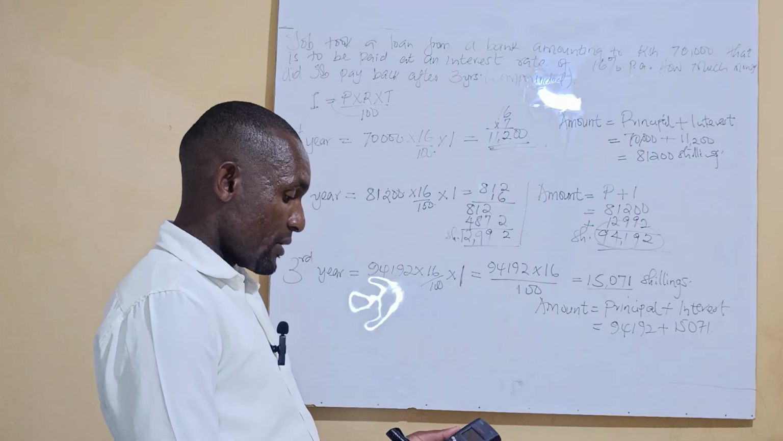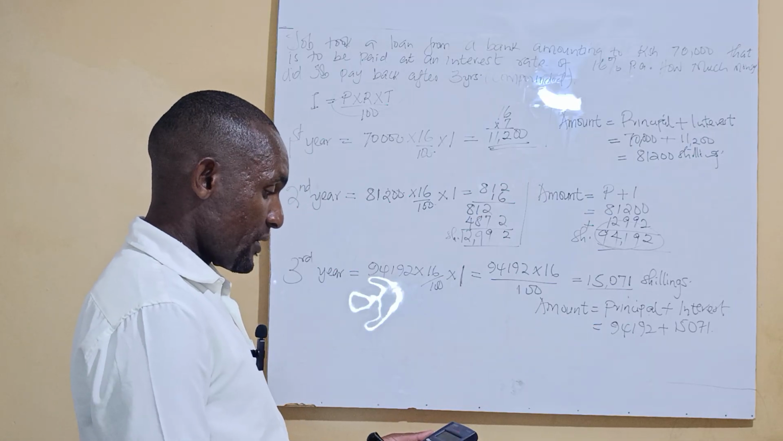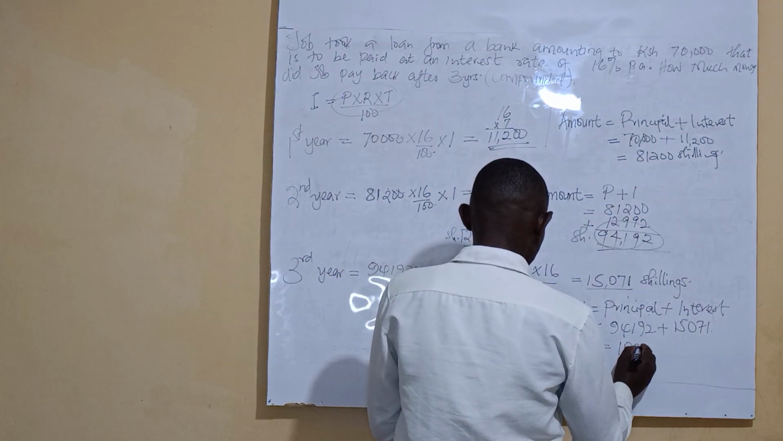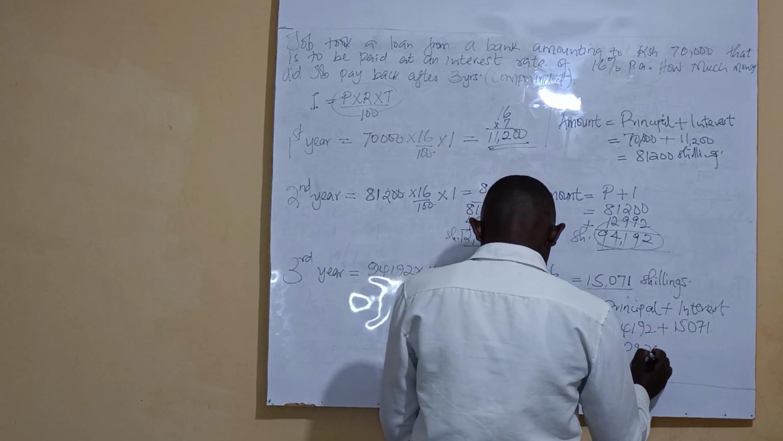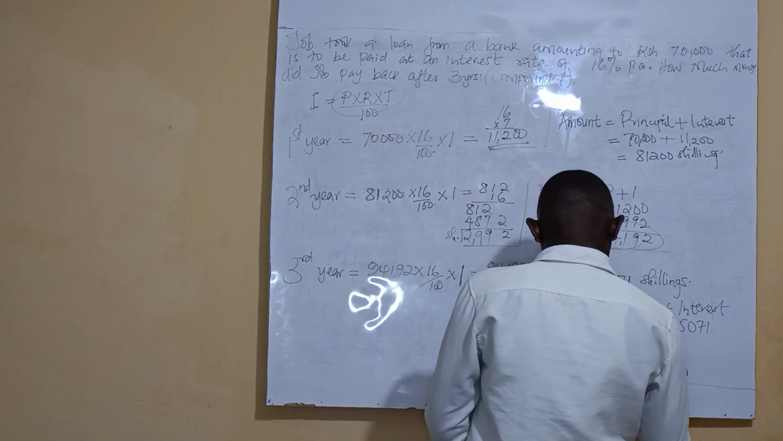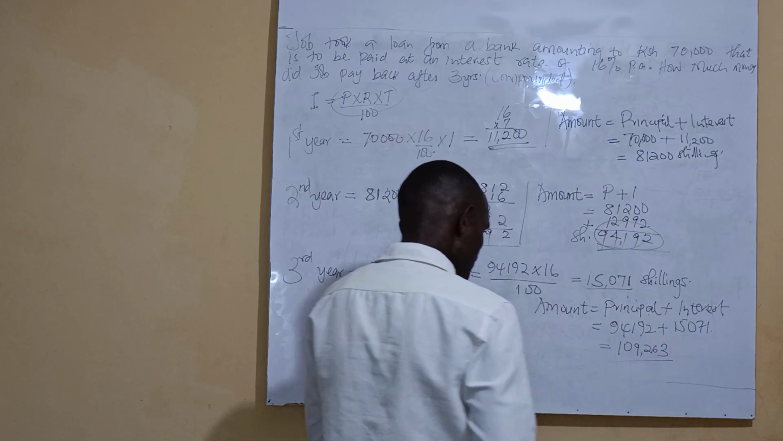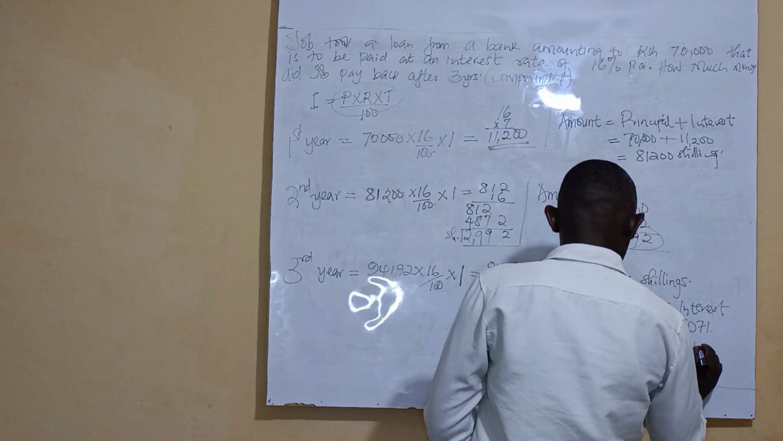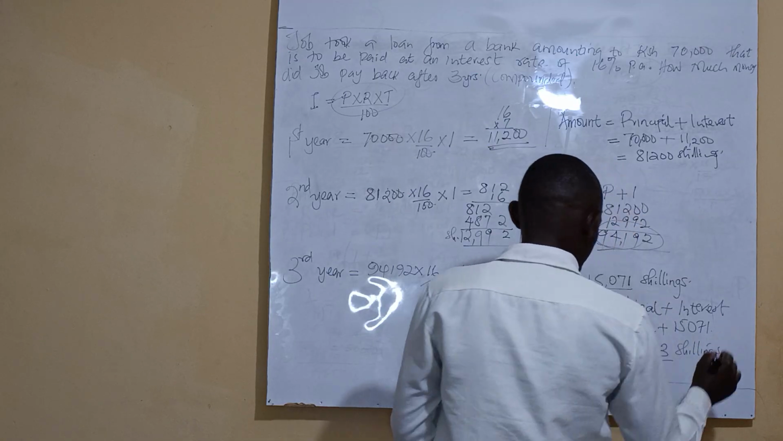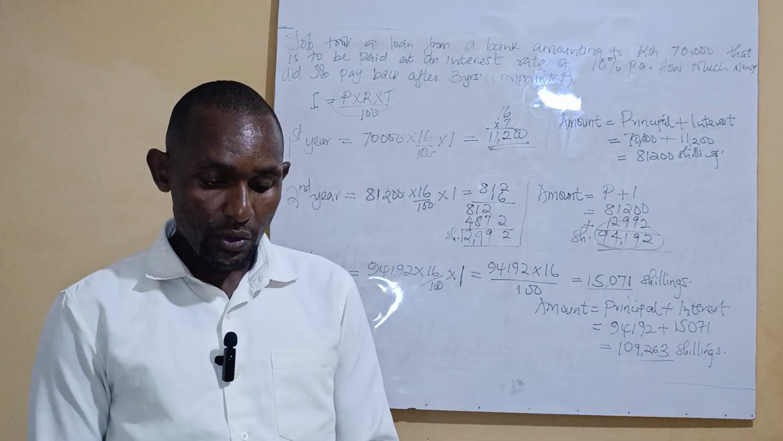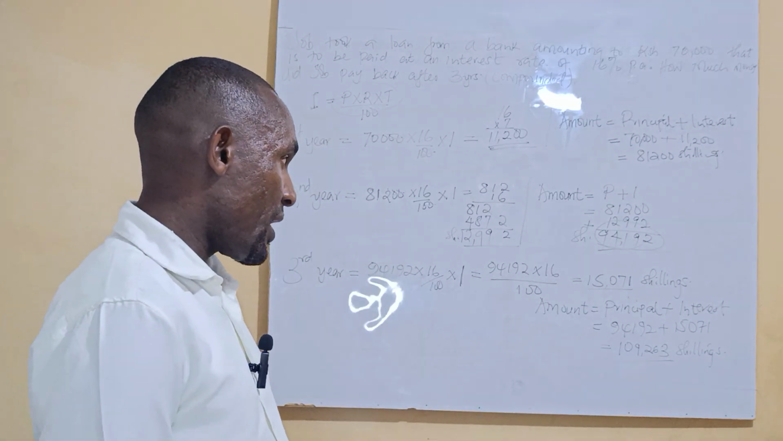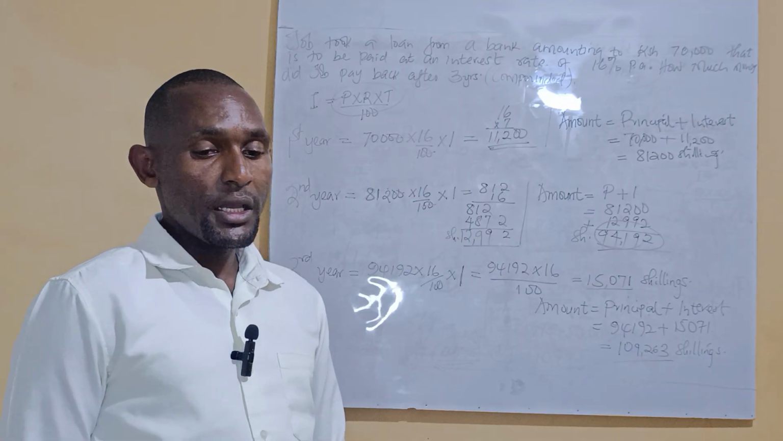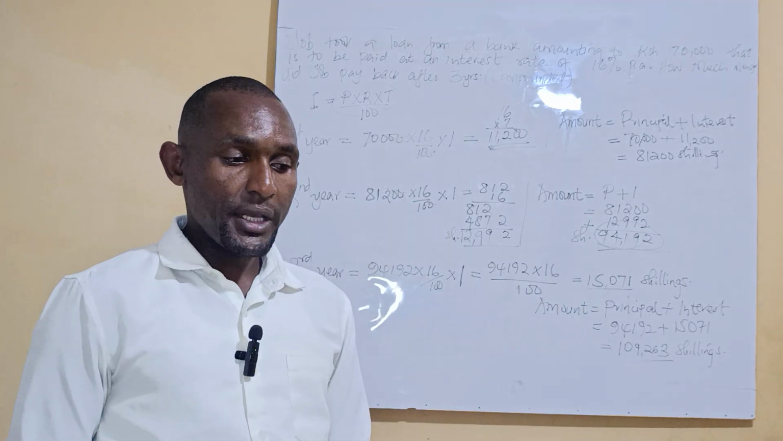94,192. You add 15,071. So this one is giving me a total of 109,263 shillings. So that is now the total amount that is going to be in the bank at the end of the third year. Remember that this question can be tested by asking for various